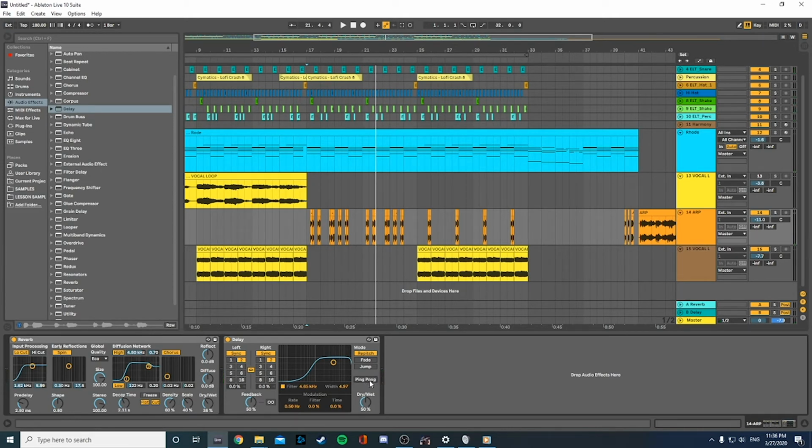This ping pong effect is really awesome. I don't know many other plugins in other programs that come with this feature, but specifically Ableton on their delay, there's a regular delay and also the ping pong. I personally think that this ping pong effect adds way more details than just the regular delay because now it just sounds like this with regular delay,